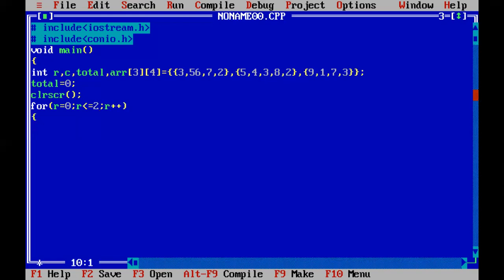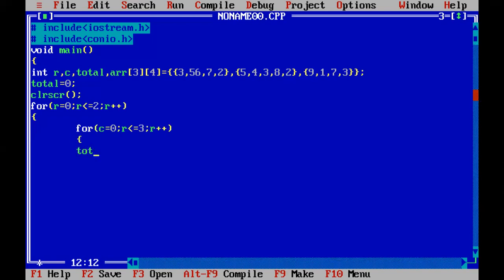This loop will be used for rows. Now I want to use the for loop for the column. For c is equal to 0. How many columns are there? 4 columns, so I will start from 0. The last value should be less than or equal to 3, c plus plus.